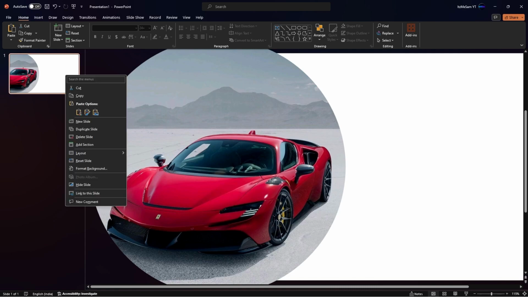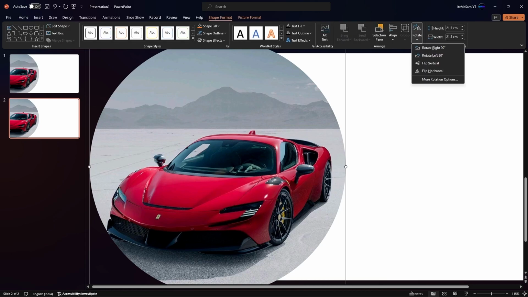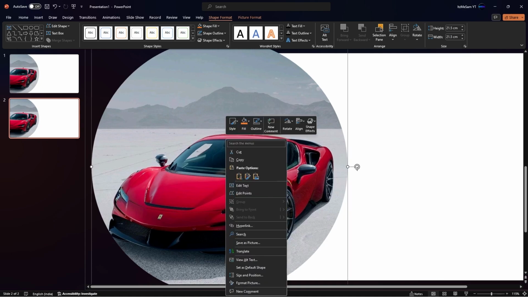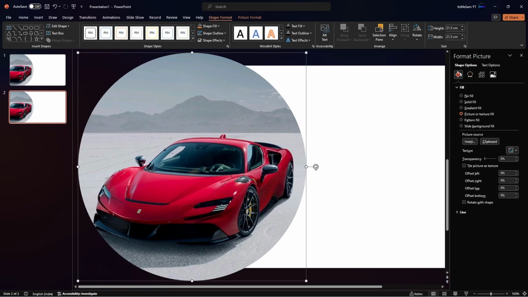Now, right-click the slide and duplicate it. Then select the circle on the new slide, go to Shape Format, Rotate, and rotate right by 90 degrees. Now, right-click the picture and choose Format Picture, go to Fill, and now change the picture to the next one